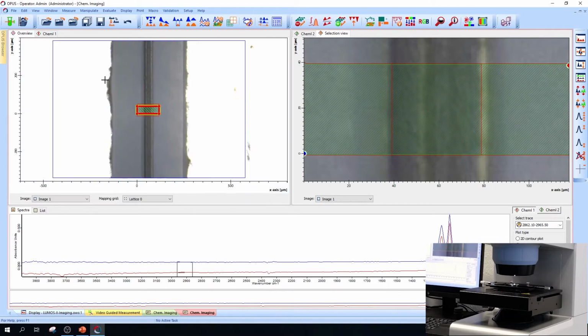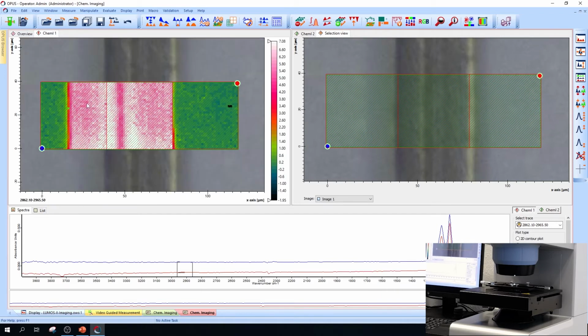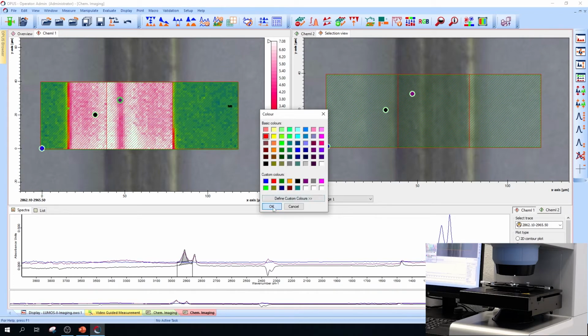So in this case, I can also show you, for example, the complete sample. Just make this field of view a bit larger. So we have here this sample. We have here the blue position, the blue spectrum, or the red position. I just skip this because then we can also make use to make here the black one for this PE layer. And in between, there's also something else. So in this case, we can also select the spectrum, change the color maybe to red.